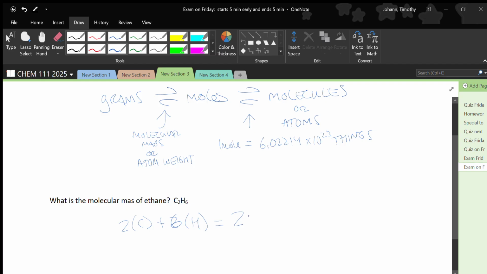So 2 times, I'm going to look at the number under carbon on the periodic table. Carbon's number 6. 2 times 12.011 is on this periodic table. Plus, for hydrogen, it's going to be 1.009 in this periodic table. So 6 times